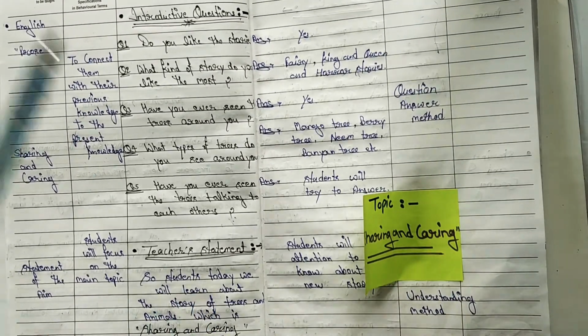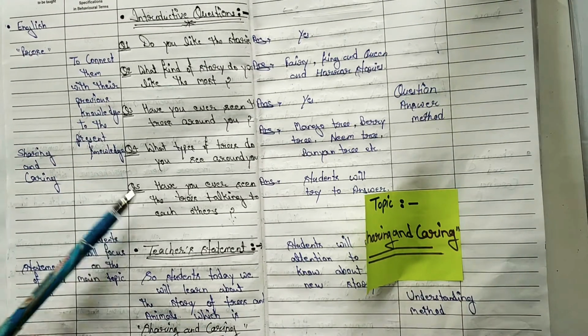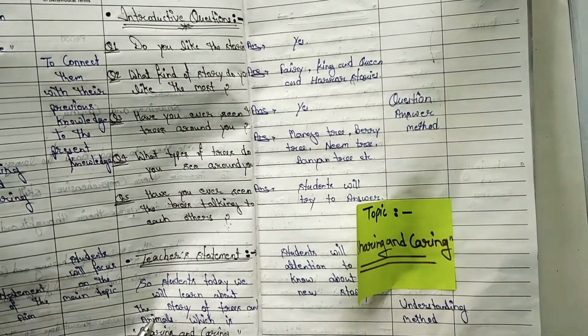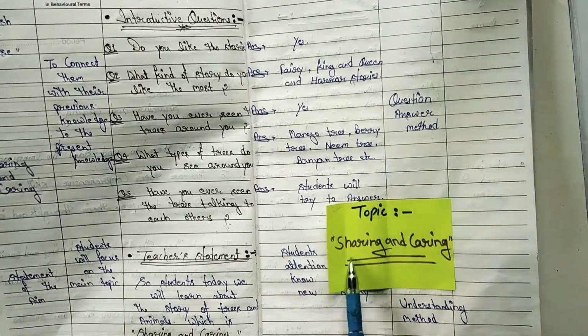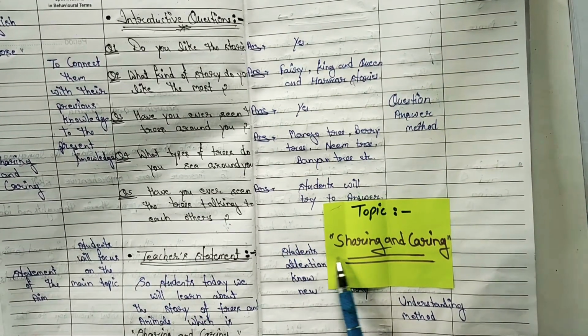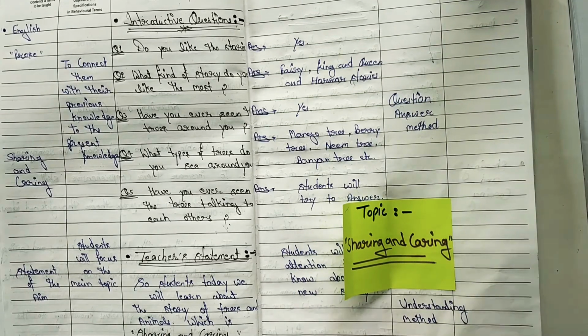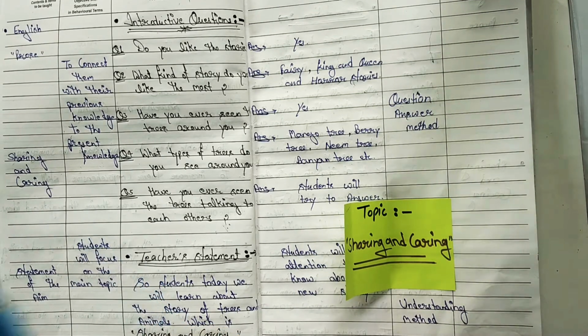After asking four or five introductory questions, you have to mention your teacher statement. You will mention your statement. I mean to say, now you have to write the topic name on the blackboard. You are not supposed to write the topic first on the blackboard, but after announcing the statement you can write.